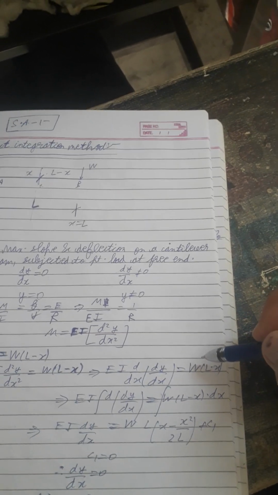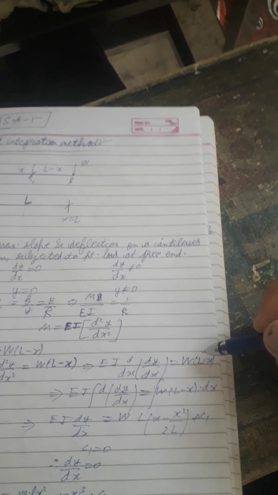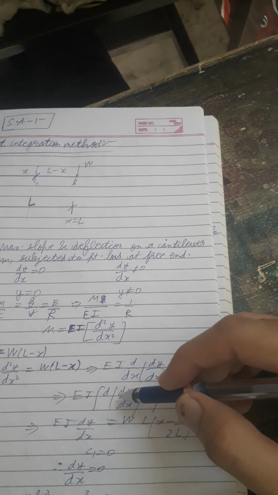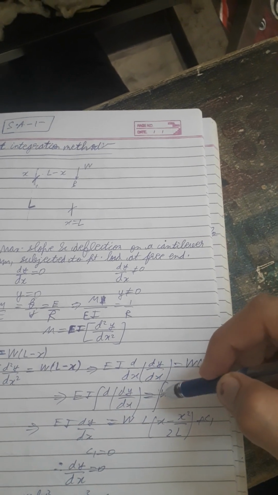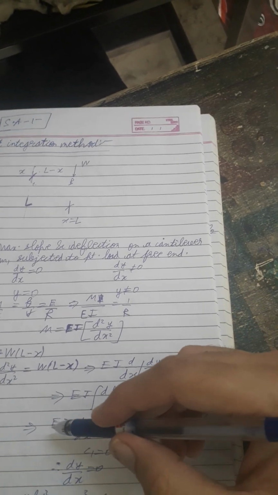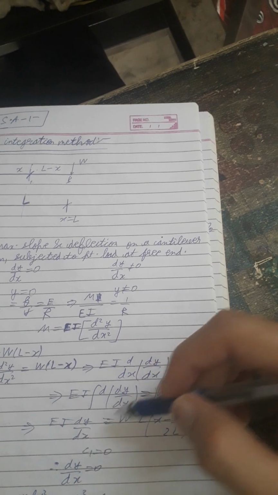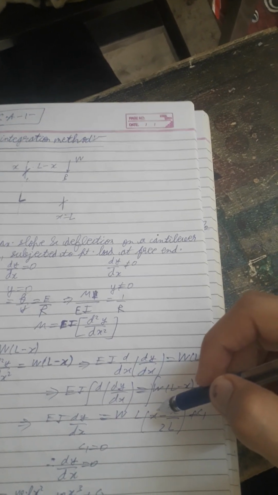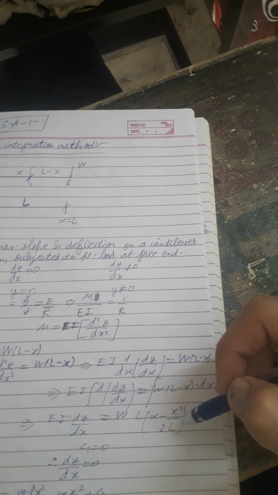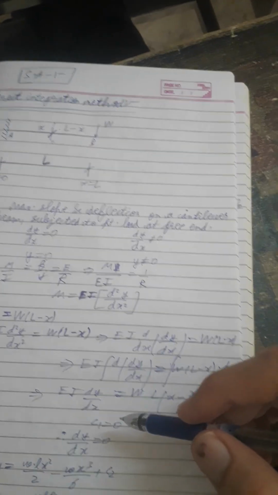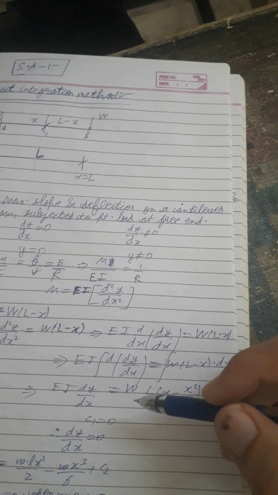Which implies EI integration of d into dy by dx is equal to W integration of L minus x into dx, which implies EI into dy by dx is equal to W into L into x minus x square by 2, plus constant 1. Constant 1 is equal to 0. Therefore,